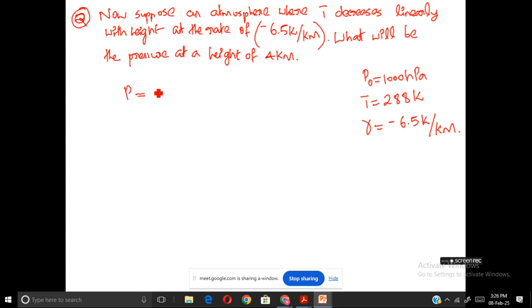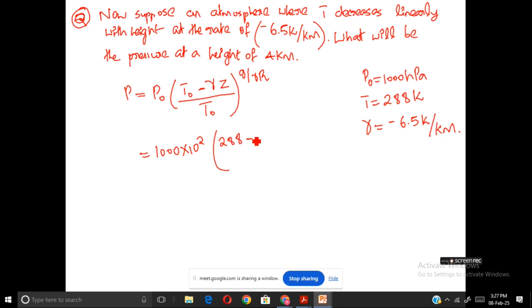Now the equation, this also we derived in the last class. The first one was in case of an isothermal atmosphere, and this is in case of an atmosphere where the temperature has a lapse rate gamma. It is given by P is equal to P0 into (T0 minus gamma Z by T0) the whole raised to G by gamma into R. So here we know P0, which is 1000 into 10 raised to 2. T0 is 288 Kelvin, minus gamma, which has a value of minus 6.5 Kelvin per kilometer,